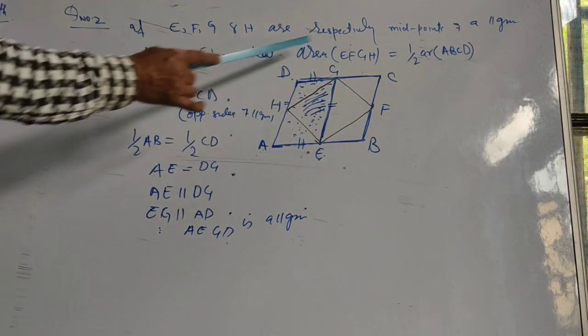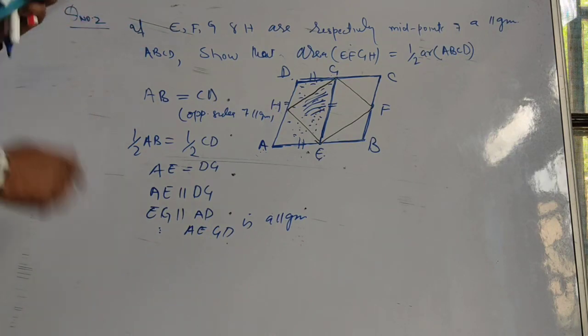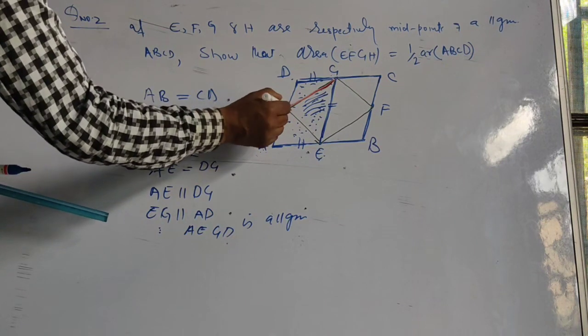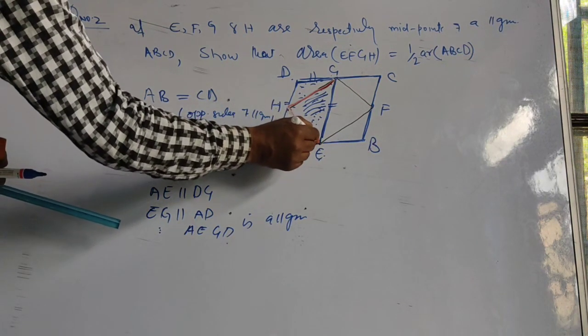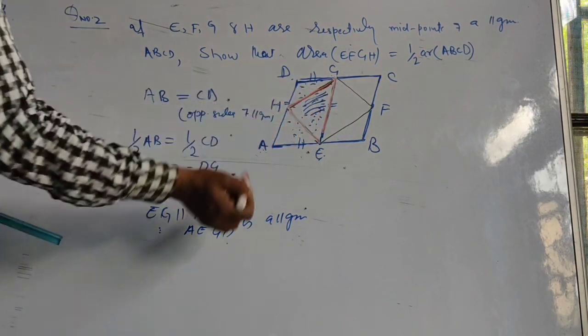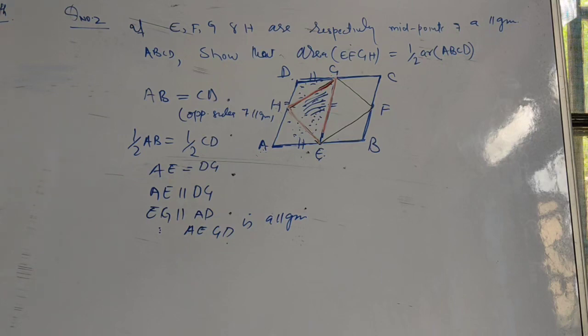Therefore, AEGD is a parallelogram. But there is also a triangle in this parallelogram. Let me mark it with red. This triangle EGH and parallelogram AEGD are on the same base and between same parallels. Therefore, area of triangle